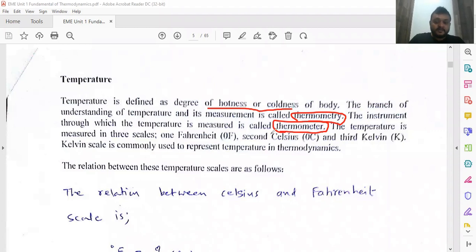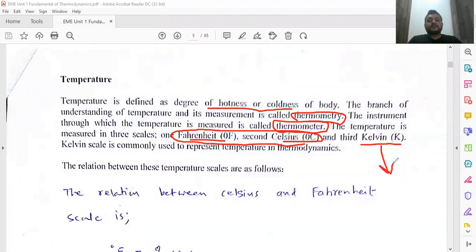So temperature is normally measured in Fahrenheit and in centigrade. That is what we normally use to measure body temperature. But another important unit is Kelvin. It is surprising that in mechanical engineering mostly Kelvin is used rather than Fahrenheit and centigrade. So keep in mind to convert Fahrenheit or centigrade temperatures into Kelvin. I will show you how to convert them.